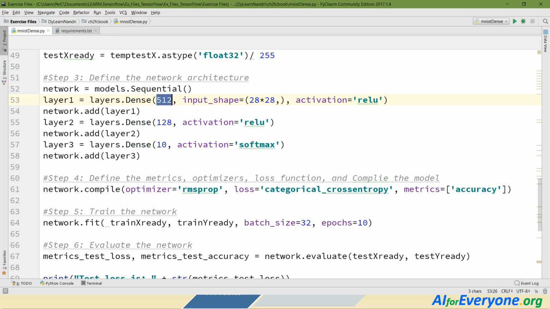The number of nodes, 512 nodes, and we also put in the input shape of the data that is coming in and the activation functions. We use ReLU, a popular one, and for the final layer we use softmax because we want a classification of one of the 10 digits.